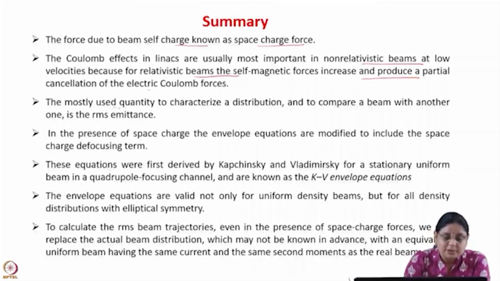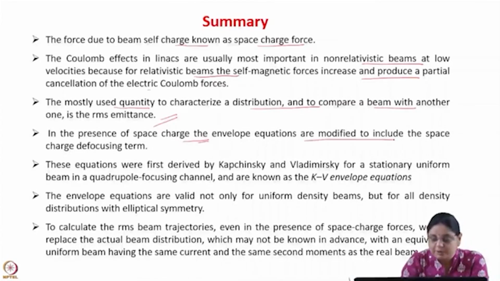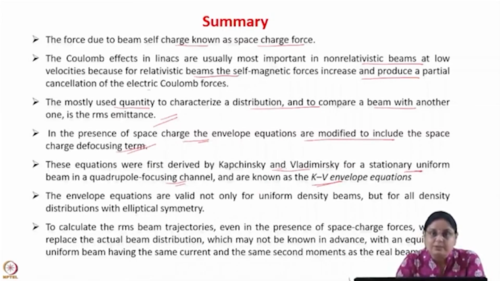The most used quantity to characterize a distribution and to compare one beam with another is the RMS emittance. In the presence of space charge, the envelope equations are modified to include a space charge defocusing term. These equations were first derived by Kapchinskij and Vladimirskij for a stationary beam in a quadrupole focusing channel, and are known as the KV envelope equations. These KV equations are very useful because they are valid not only for the uniform density distribution but for all density distributions with elliptical symmetry. The only thing is you need to replace the beam